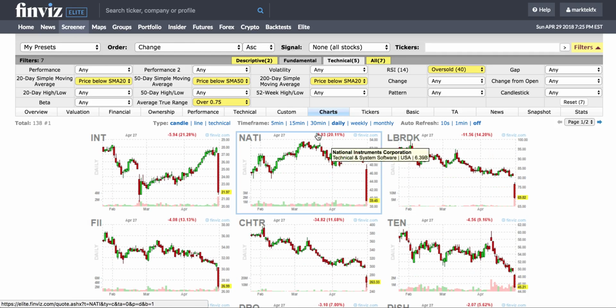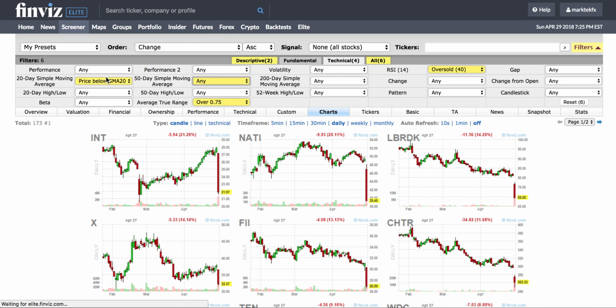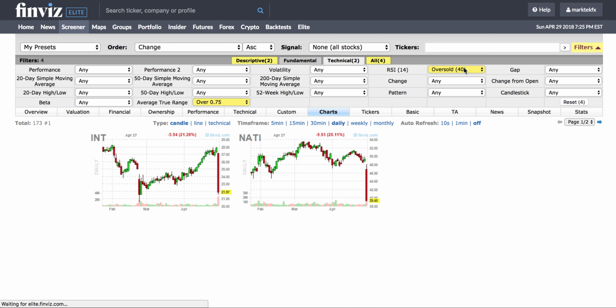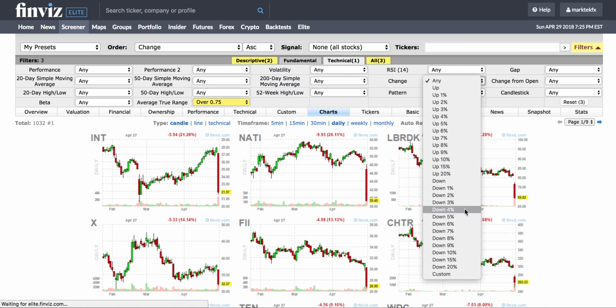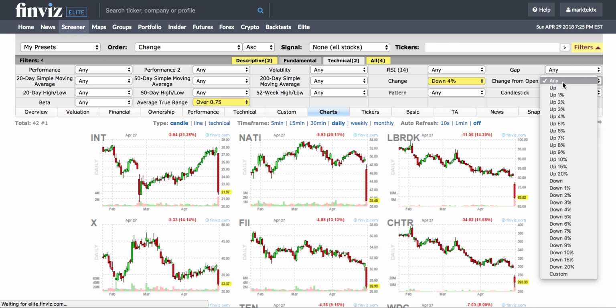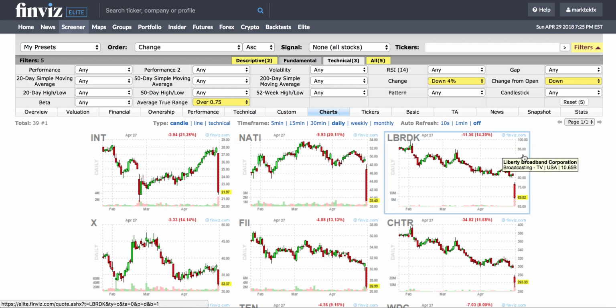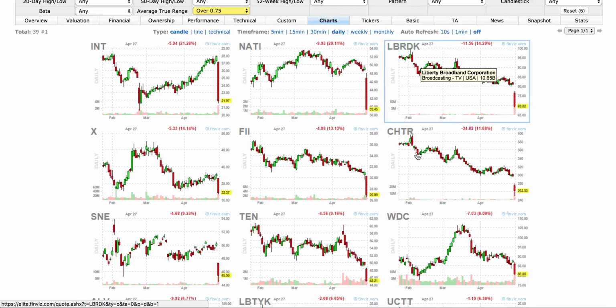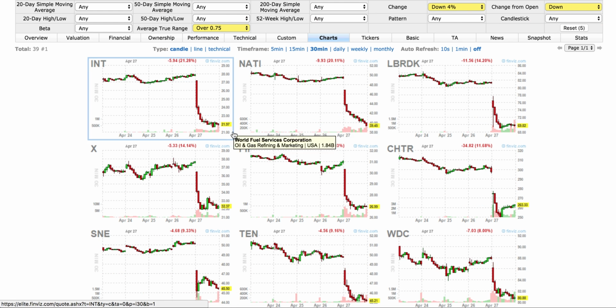The other scan that you want to really run is to remove all of these moving averages back. If you want to see a follow through, right? You want to see stocks which have gone down 4% or more, which means there is really a good order flow in the particular stock. Stock is down 4% or more and actually closed low. Now you have all these 39, 40 odd stocks. Now you go on the 30-minute chart. Right now you can quickly scan and see,